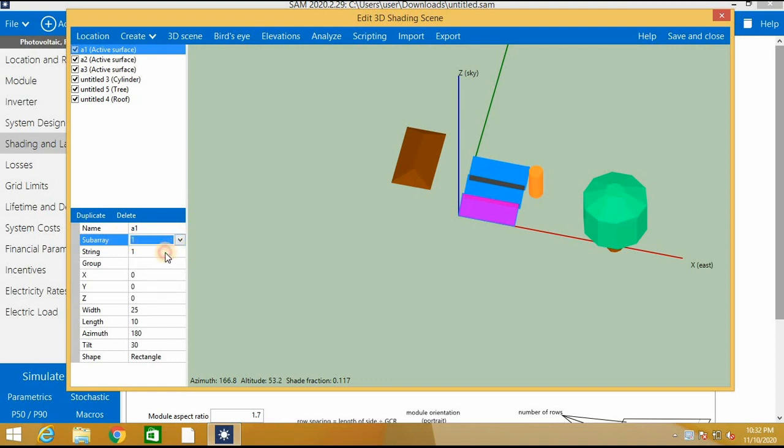Similarly here there are different types of strings. The maximum number of strings you can take is 8, so you can vary like that. Let's say it will be string 1. So sub array 1 and string 1 I have chosen. Similarly I will go for the second surface, A2. Here I have chosen sub array 1 already. Now let's say I choose sub array 2, and the string will be